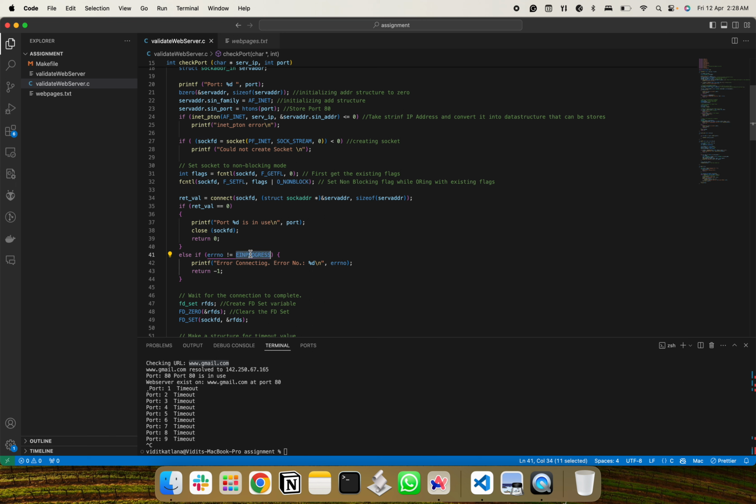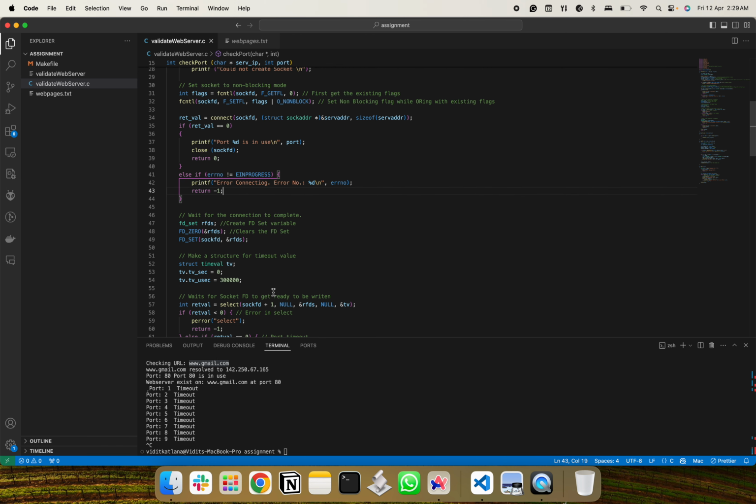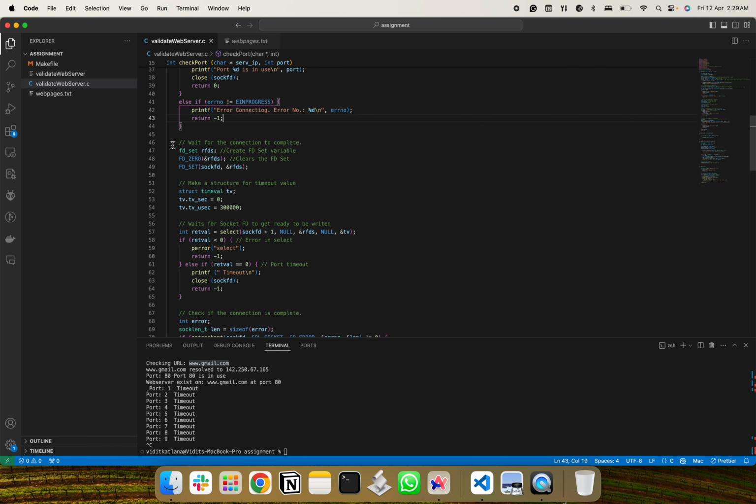Else, if it is not in progress, if the return value was not 0, and it was not this value, EINPROGRESS, then we say that okay, it has been some other error code which means it has failed, and then we return back as failure. Otherwise, this whole thing is